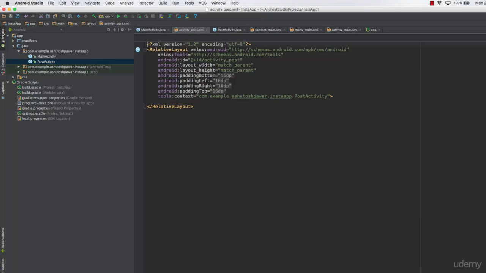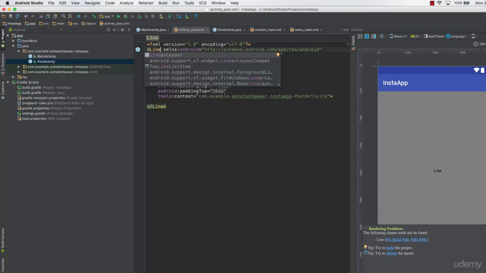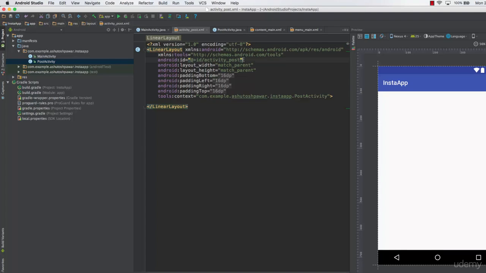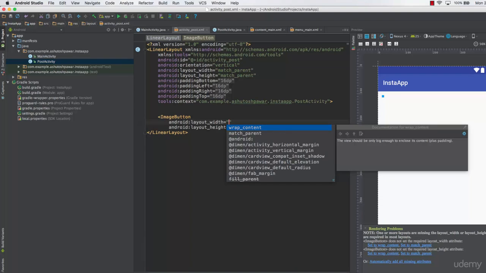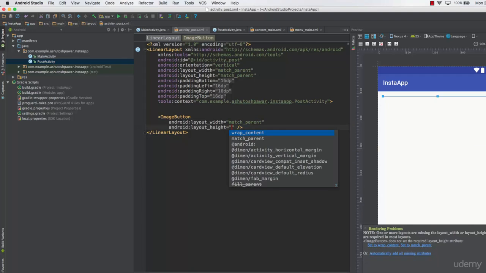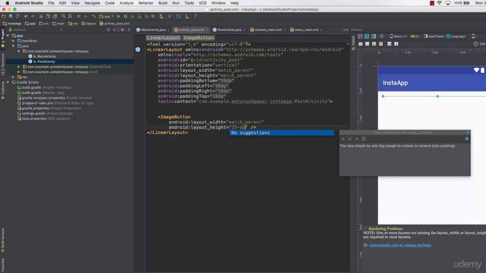So we'll switch to the text mode and open up the preview window over here. And the first thing which we do is that we make it a linear layout. And then the next thing which we do is that we set up the orientation to be vertical. And once this thing is done, let's go ahead and add an image button over here, and the layout width of this button is going to be, let's say, match parent, and the height is going to be, let's say, 250 dp,